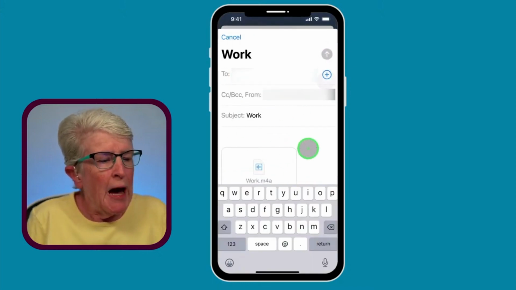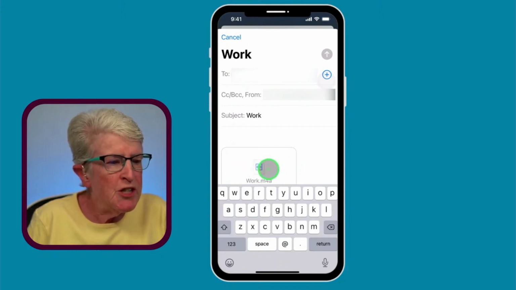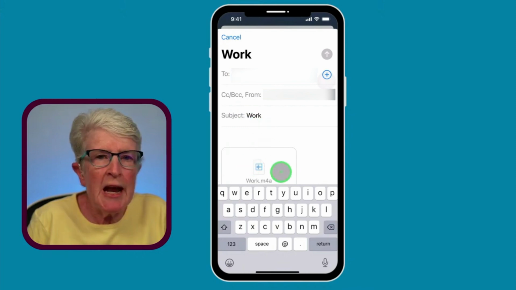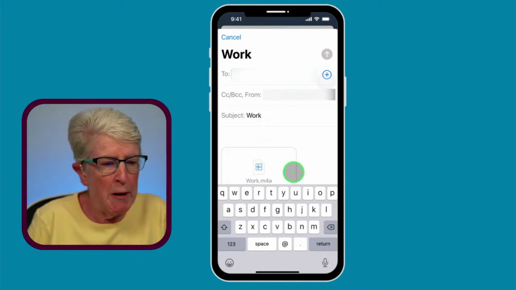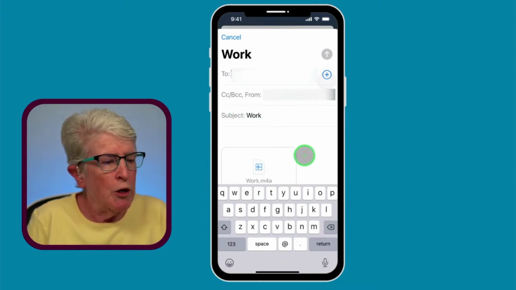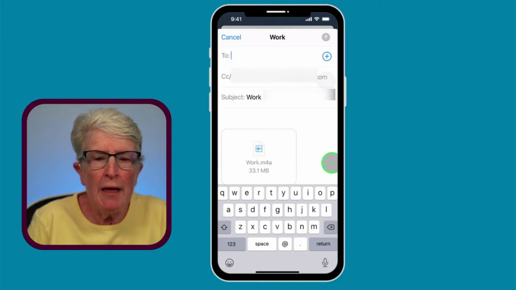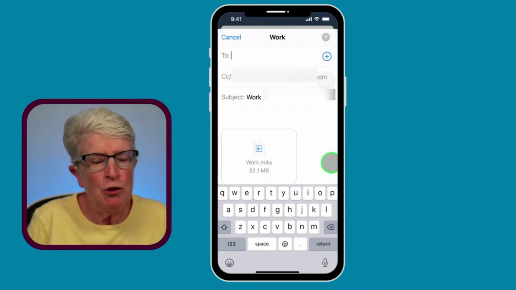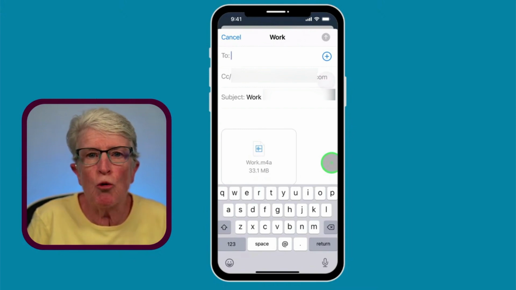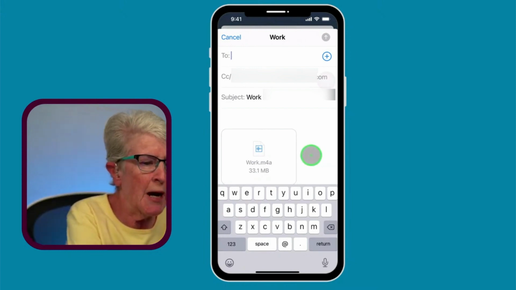When I tap on that, it brings the voice memo right into the email program. As you can see, it titles the subject with the name of whatever you titled the voice memo. You can change the subject if you want. The other thing I want to show you is that this is a .m4a file, and that's a standard audio format. So you should be able to send this file to anyone. Somebody on Android, somebody on a Windows computer, you should be able to send it to anybody that you choose to. So I'm going to go ahead and put my email address in,